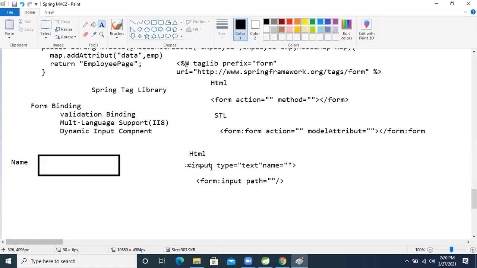So how are we writing that in HTML? We write the input like this, but whenever we use the Spring Form Tag Library, we write it like this. This is the input.